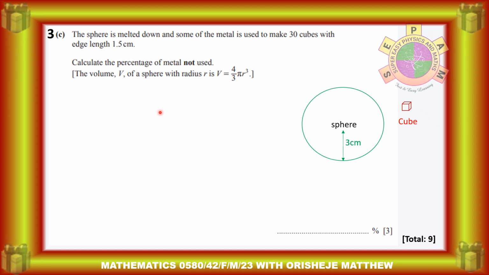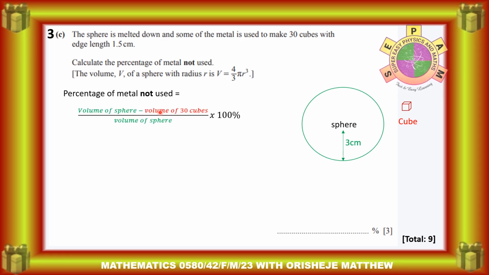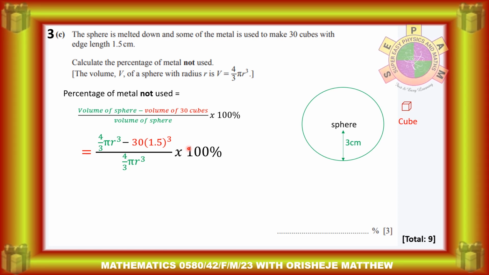So what we are going to say, the percentage of metal not used is going to be the volume of the sphere, take away the volume of 30 cubes, divided by the total volume of the sphere, expressed in percentage. So we have that. So let's substitute. What is the volume of the sphere? 4 pi r cube. Take away